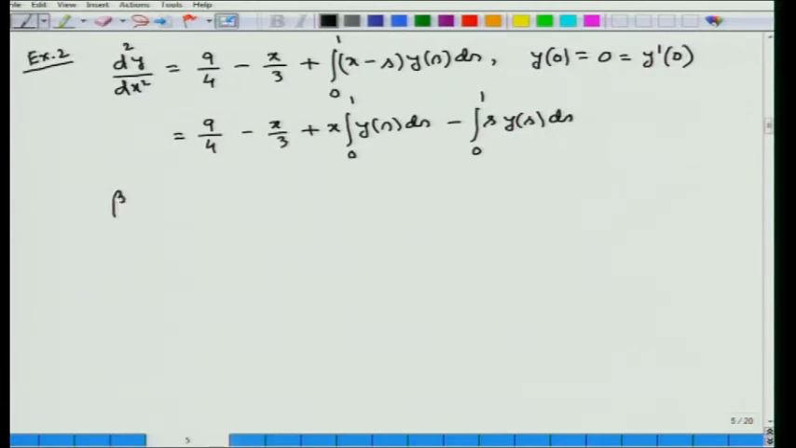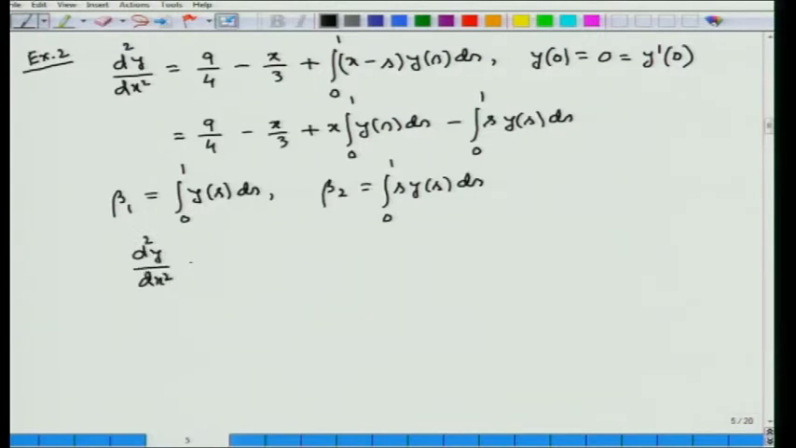Now, if we define two unknown quantities, beta 1, which is defined by integral 0 to 1 y(s) ds, and beta 2, which is equal to integral 0 to 1 s y(s) ds, then the above differential equation becomes d2y/dx2 is equal to 9/4 minus x/3 plus beta 1 x minus beta 2, with the initial conditions y(0) equal to 0 equal to y dot(0). So, integrating both sides